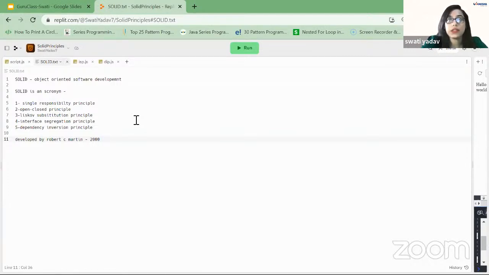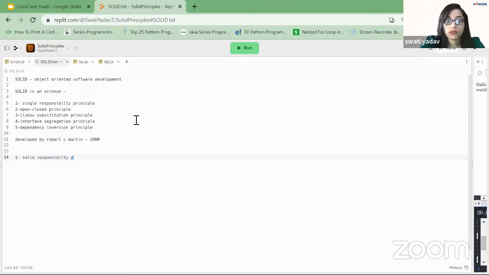So let's start with each one by one. The code base, please remember, with these principles is going to increase. Starting with the first principle of SOLID,